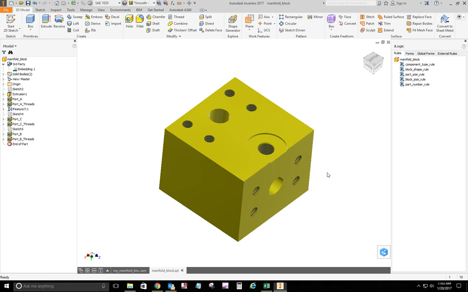Hey, I wanted to give you a little video on this iLogic project that you're going to be working on. It's pretty straightforward. You just have to follow it step by step. What you're doing is writing a program within Inventor that will modify your shape and modify your assembly based on the inputs that you're going to do in the